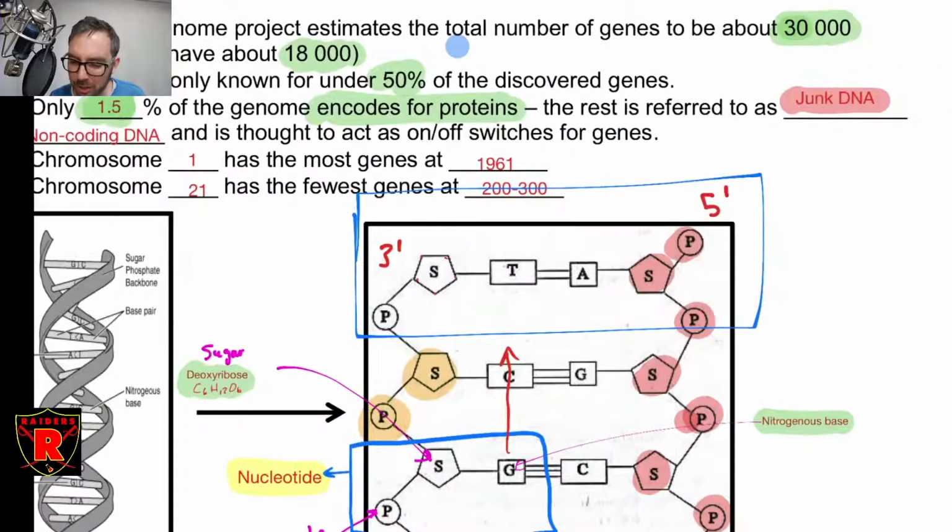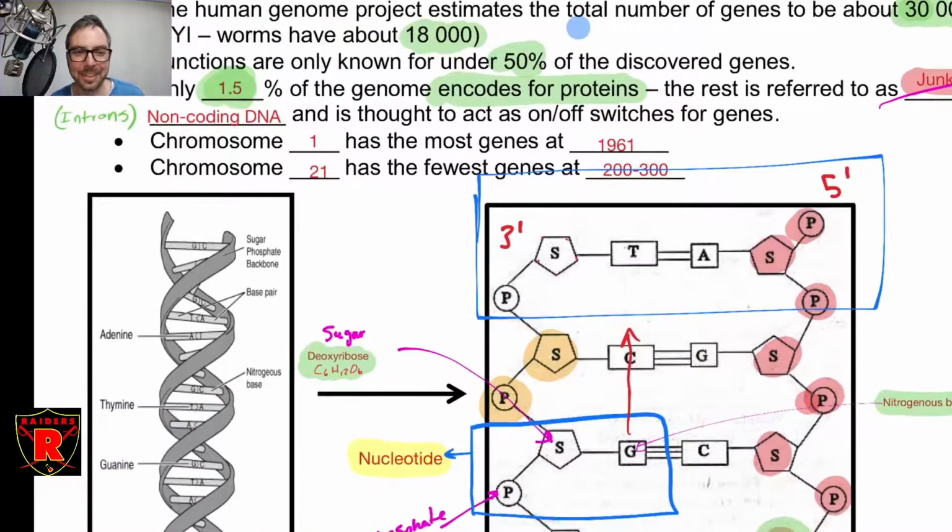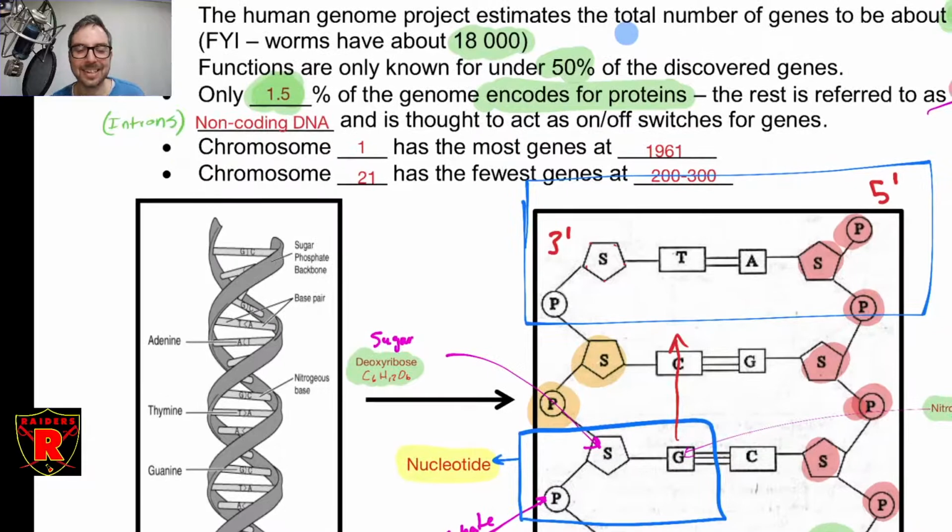Well, we used to call it junk DNA. I'm going to put a line through that because we absolutely do not call it that anymore. We used to call it junk DNA because we thought it did nothing. But it does so many things. What it actually does is it is the on-off switch for the other genes. That section of the DNA is able to turn on and turn off all of the other sections that code for things. And that's a complex process.